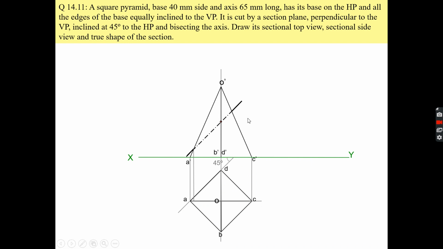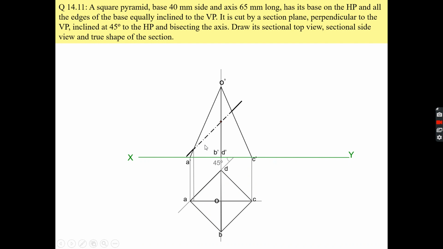When this portion is inclined somewhere here, this line will be horizontal to the base and horizontal to the xy line here. But when this solid is inclined to some angle, then that line will not be parallel to the xy line. It will be parallel to the base AC always, and in that case this line will be somewhere here like this, so it will not be parallel to the xy line.